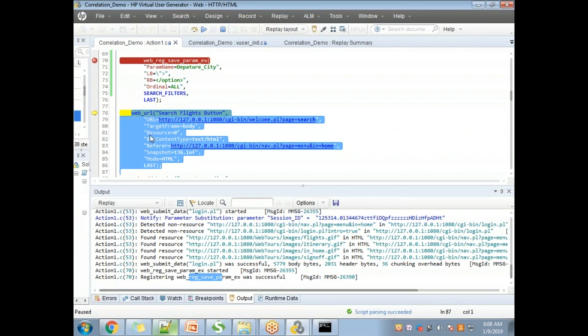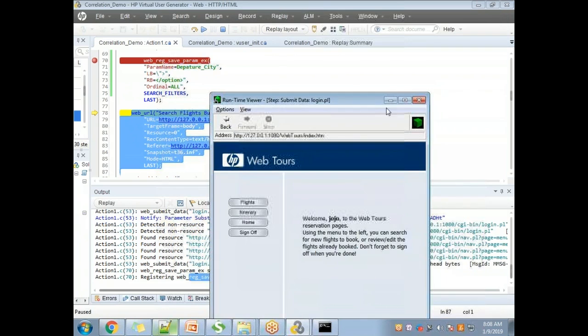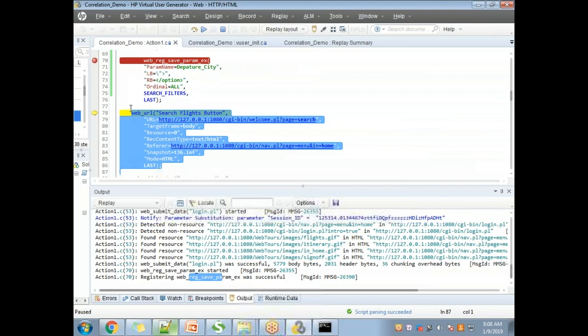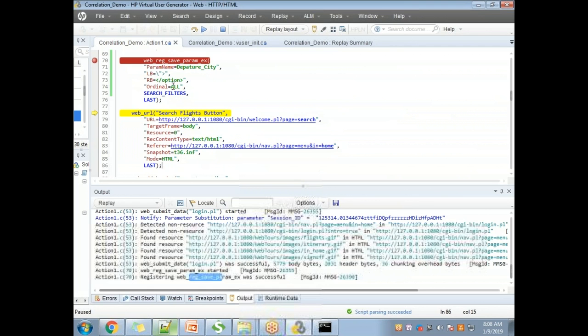It will go to the response of this request. What is the response of this request? Sorry, hang on, guys. Here is the response of this request, the response which I have copied. So it will search for that left boundary